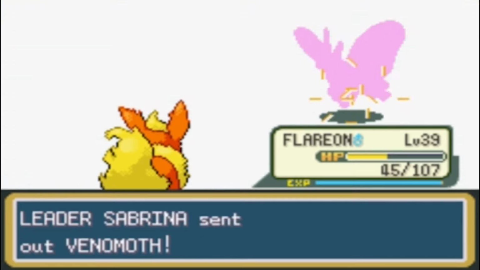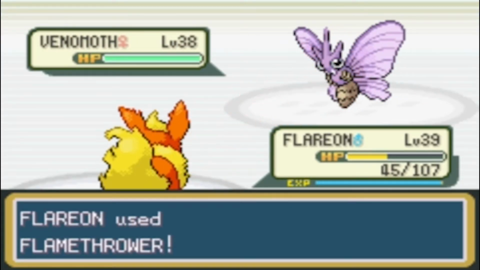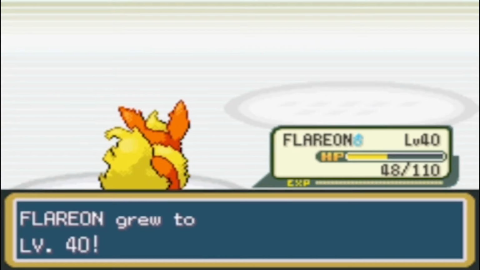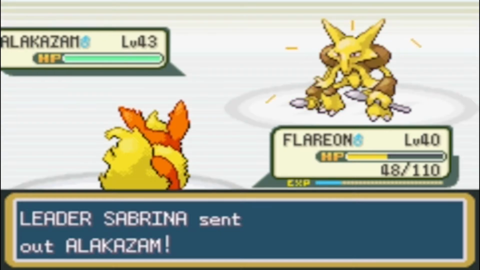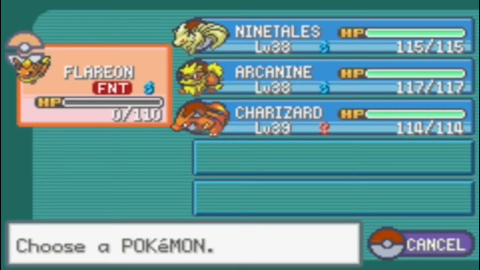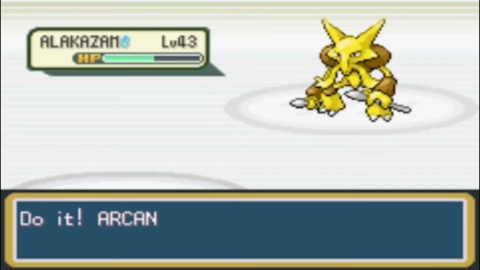Venomoth is out next, and this is an easy one. One Flamethrower quickly takes out Sabrina's only non-psychic type Pokemon, leaving only Alakazam. A Quick Attack leaves him just above half health before a Sidekick knocks Flareon out. From here though, it's easy. We send in Arcanine and...